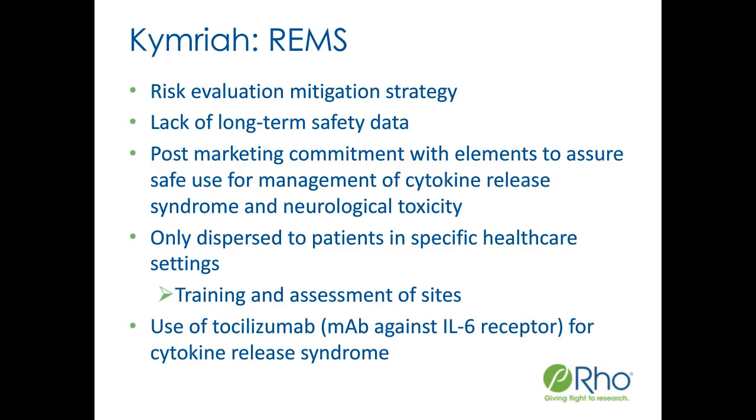This is also from the summary basis of approval. There is oftentimes, with these gene therapy products, a lack of long-term safety data. The clinical trials are only so long, and so FDA, of course, is interested in ensuring safe use. And in particular for Kymriah, the potential for cytokine release syndrome and neurological toxicity necessitated post-marketing commitment